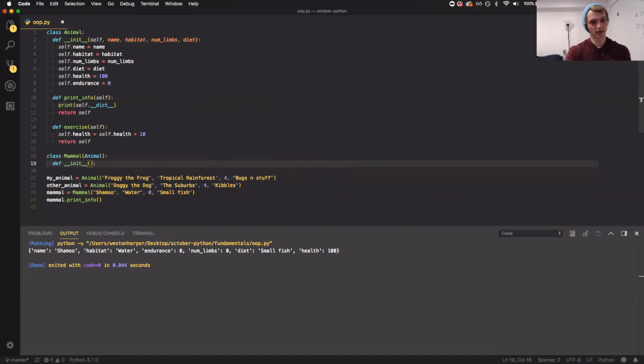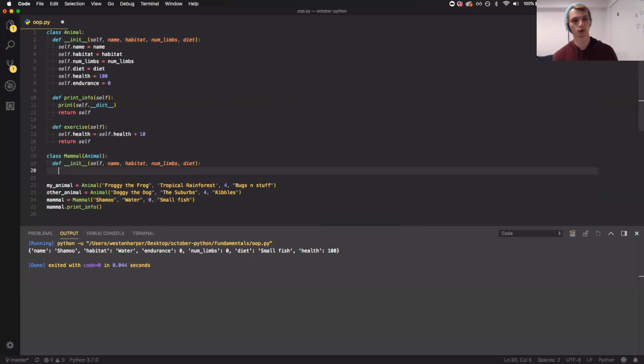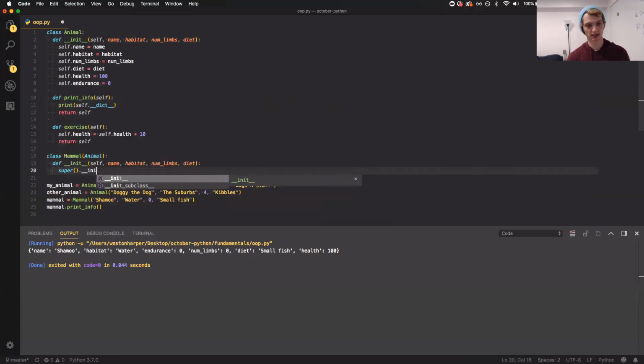All right, so the init method is gonna need to take the same information, right? But in this case, we're gonna do something a little bit different. So it's gonna need to take name, habitat, num limbs, and diet, for sure. And then what we're gonna do is call the parent class. Super is literally just a reference to the parent class. So we are gonna call this parent class, and call its init method,